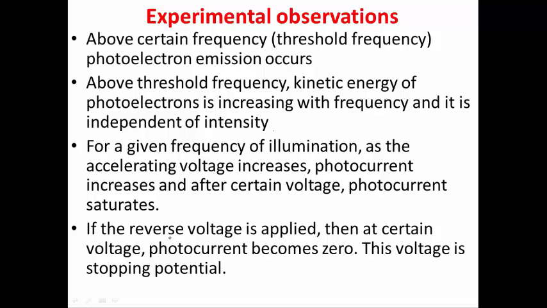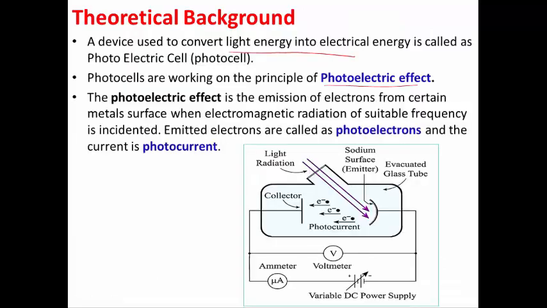In photoelectric effect, it is observed that if we change the polarity of the external battery, that is, if you are connecting the negative of the power supply to collector and positive of the power supply to this photosensitive material, then at certain voltage, the current in the external circuit becomes 0, and that particular reverse voltage, we call it the stopping potential.